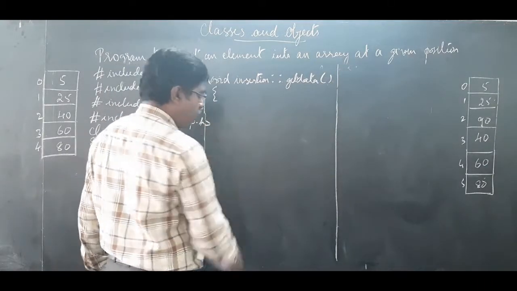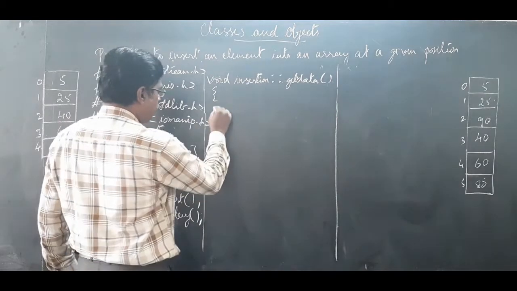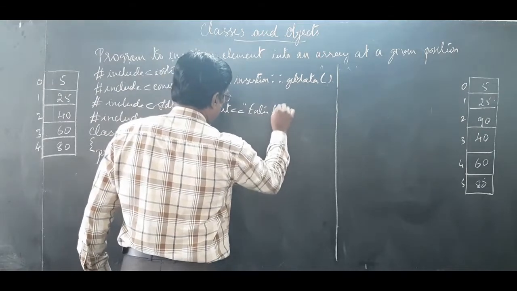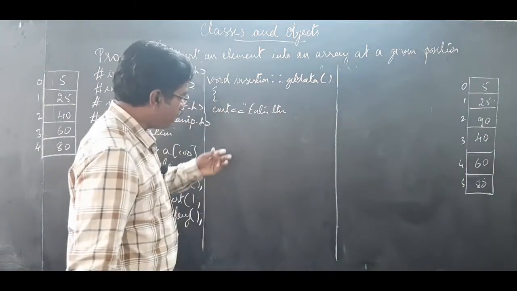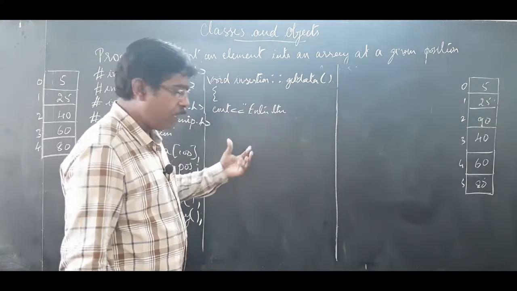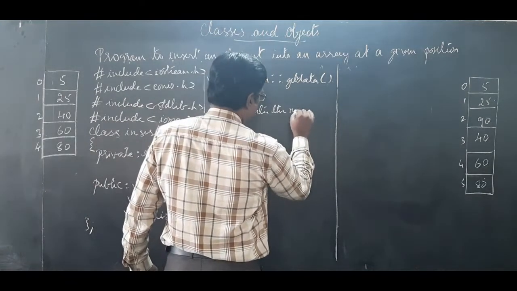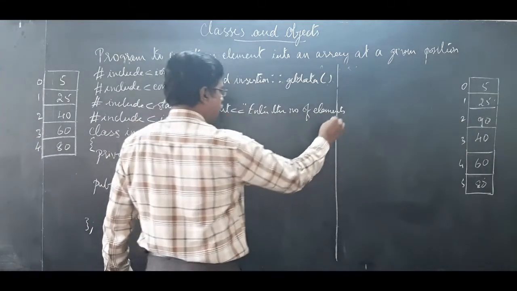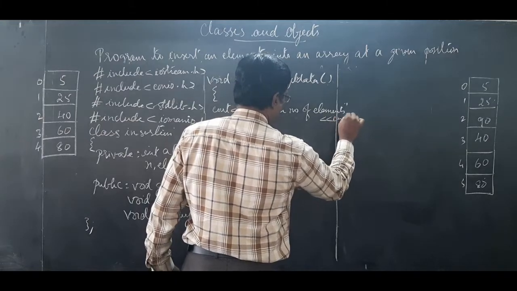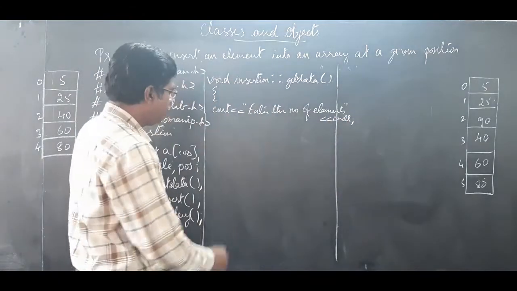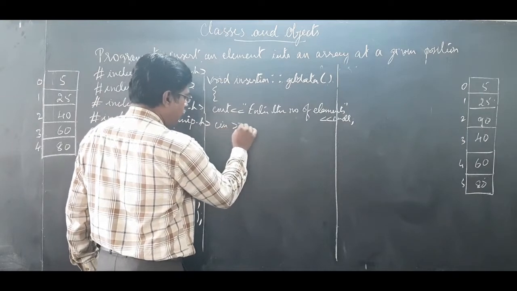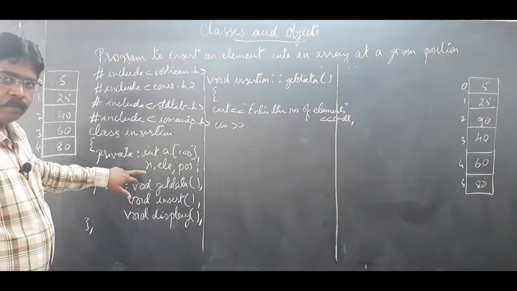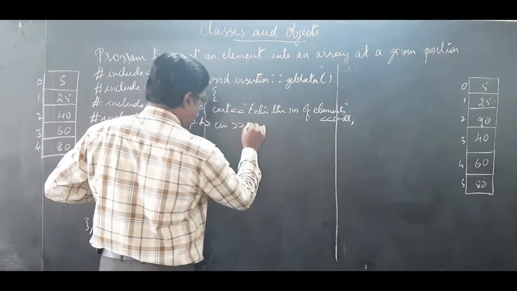Next, we start working on the input part. Open a flower bracket, I say cout, enter the number of elements. How many elements we want to enter? Instead of saying enter the number of elements, you can use how many elements also. If you wish to write into an array, you can write, but I'm just saying elements here. So which is the variable which is going to take the total number of elements? Here we have n. So we are going to take n there.